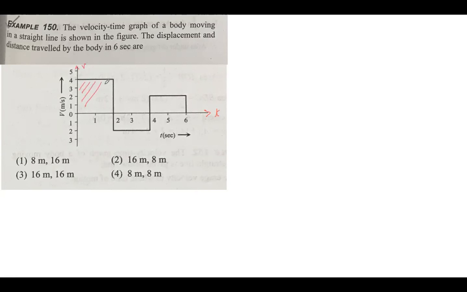Distance or displacement is given by these areas which you will find. So you will find all these areas. Okay, इसका area let's say A1 है, इसका A2 है और इसका एरिया A3 है। अगर डिस्प्लेसमेंट निकालना होगा तो A1 A3 ऐड करेंगे और A2 सब्ट्रैक्ट करेंगे, और डिस्टेंस निकालना होगा तो तीनों को ऐड करेंगे। निकाल के बताइए क्या आ रहा है आंसर फटाफट।